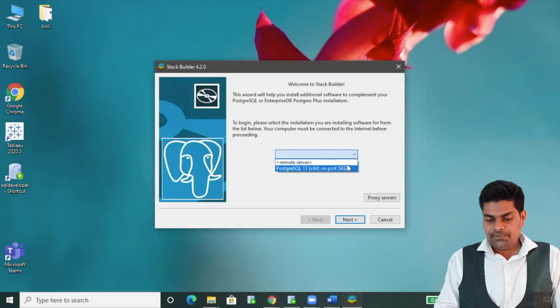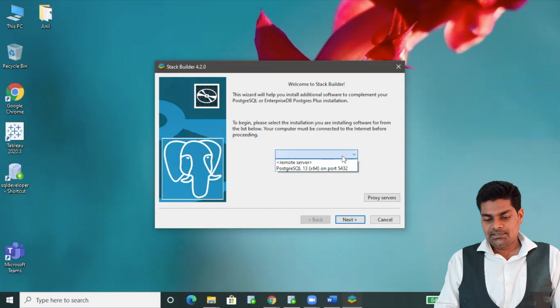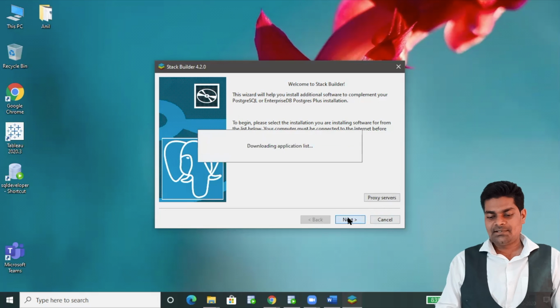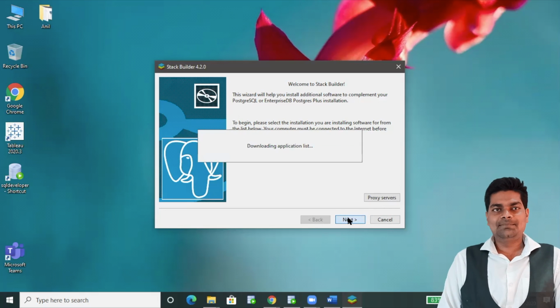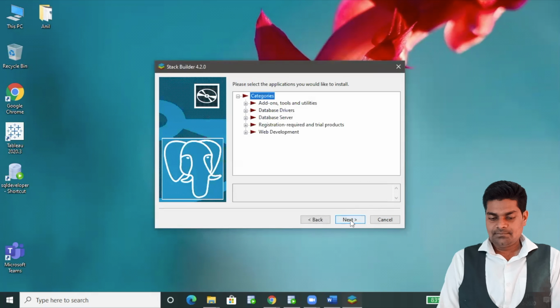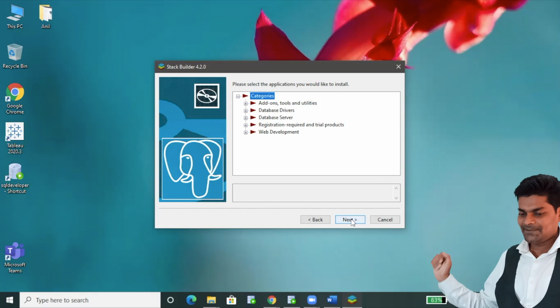Now here we have, we need no remote server. Just simply scroll down and click PostgreSQL 13 on port 5432. Then click on next. There's Stack Builder, and multiple categories are there, you can see here.